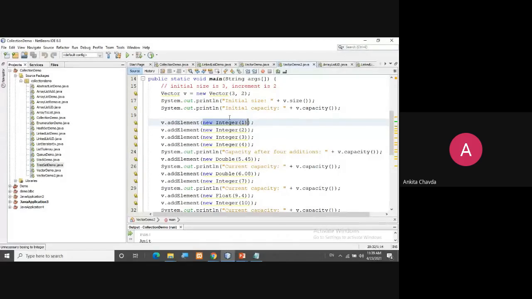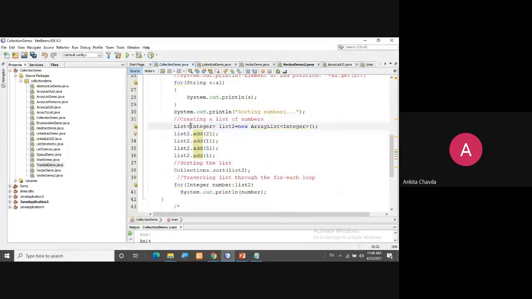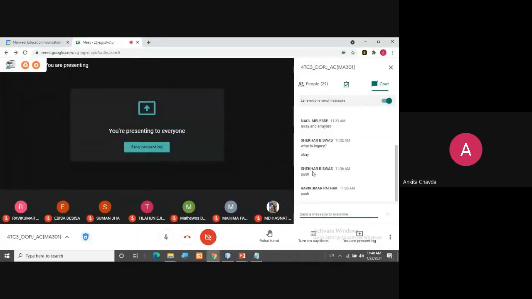Why? Because over there you have not specified what your vector is. Your vector is not for string, not for integer, not for float. Your vector is generic. It is for all the different kinds of data types. So every time you have to specify that whatever I'm inserting is a kind of integer, right? Otherwise, if you are only using an integer list, fine, you can directly insert the elements like this, because whatever I have given is integer only, because I said my array list is of integer. I hope you are getting it, right?